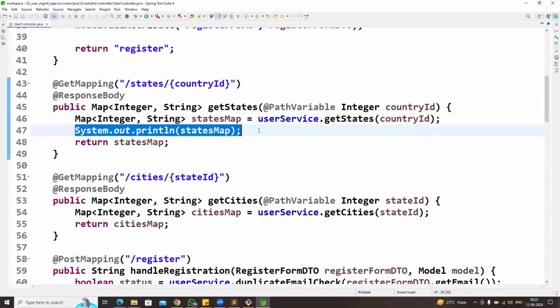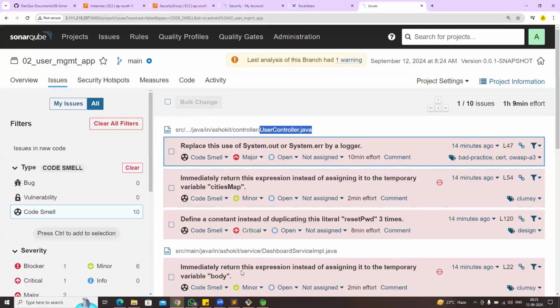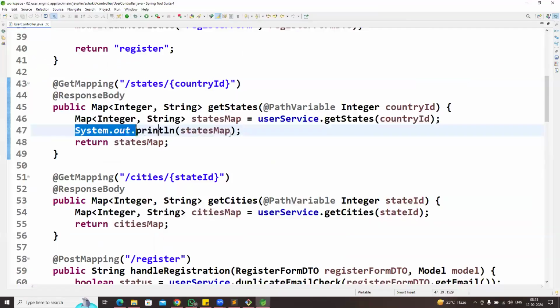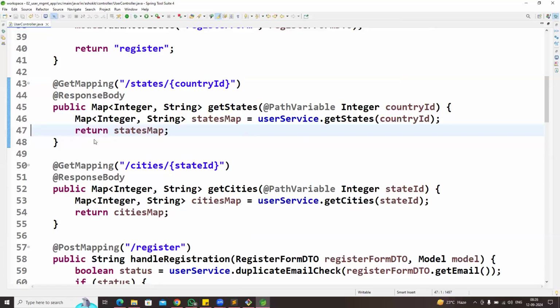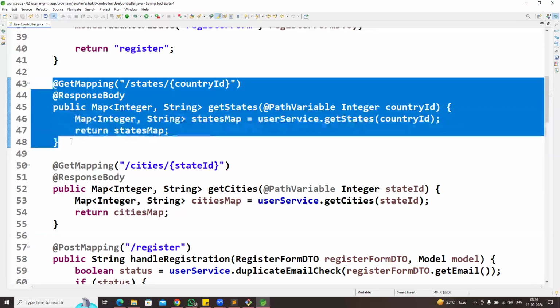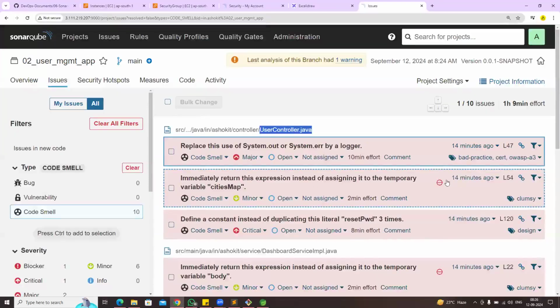System.out.println. We should not write System.out.println in the code, because it prints the data on the console. In real time, we should not do like this. Remove it. SOP statements should not be available in the code. If you want to print something, you need to use only logger statements. So that is one problem. I have removed it. The next one: immediately return the expression instead of